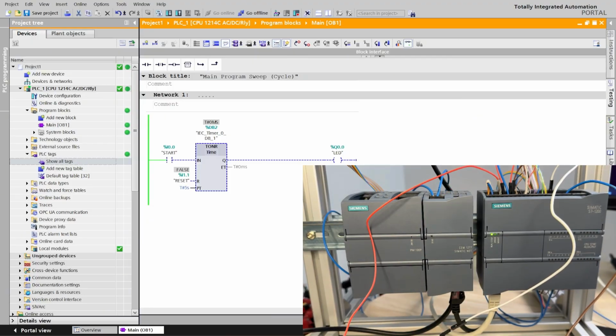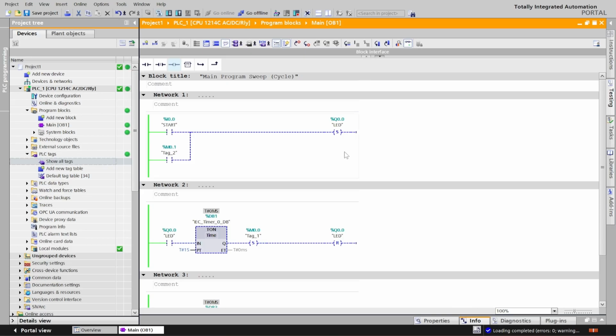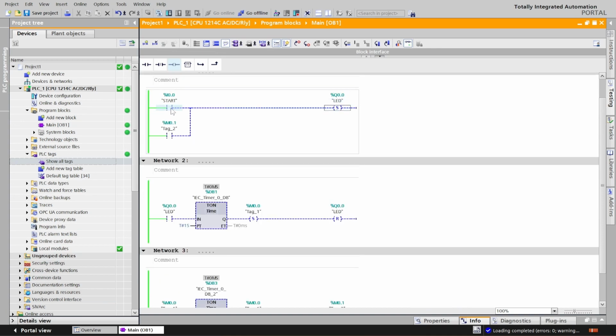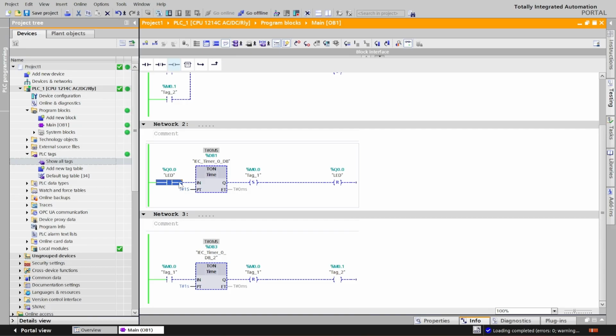Now let's go and create a small logic to blink the LED. So I prepared the logic here. Let's see how the logic works. When we press the start button, we turn on the LED, we set it, and in our case, the start button is a push button, right? It just gives a pulse. That's why we set the LED, and then we say, okay, if the LED is on for 1 second, then reset the LED, turn it off, and we set a memory bit, like you can think of it like latching